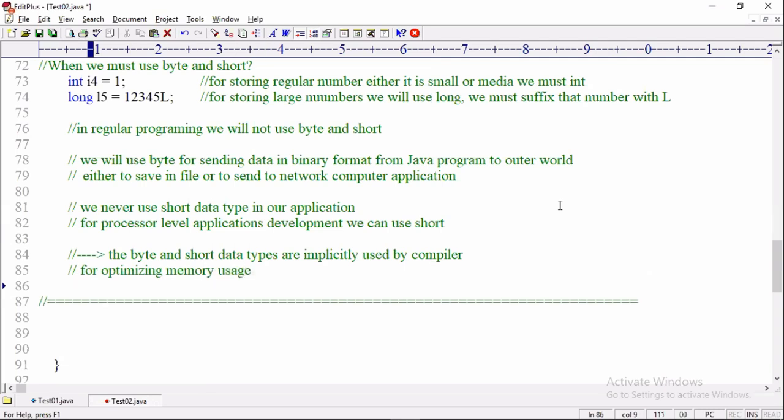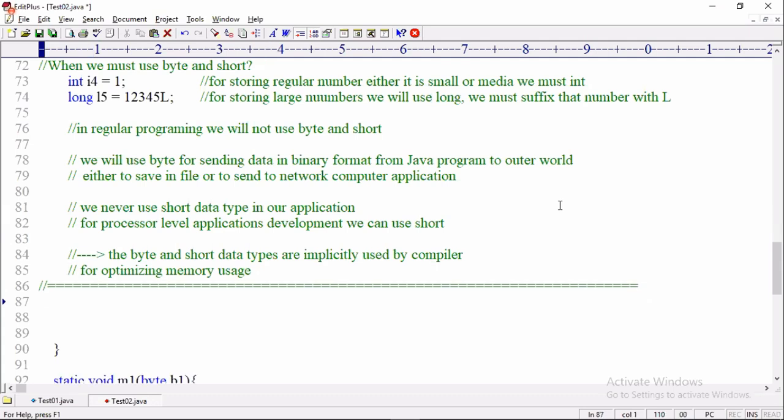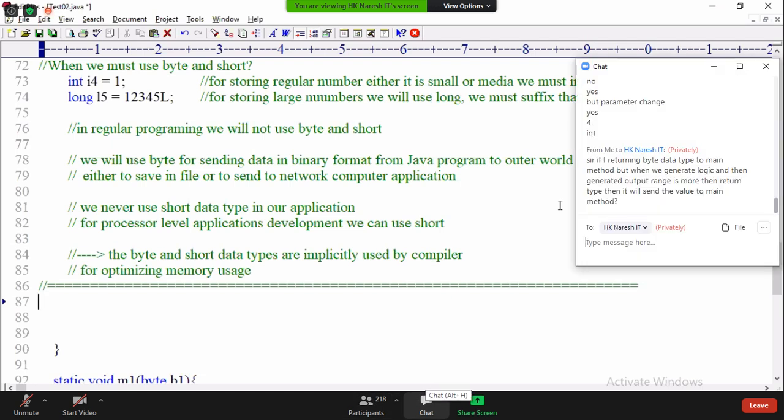The byte and short data types we don't use, but they are implicitly used by the compiler for optimizing memory usage. I'll prove that. Are you ready to see?